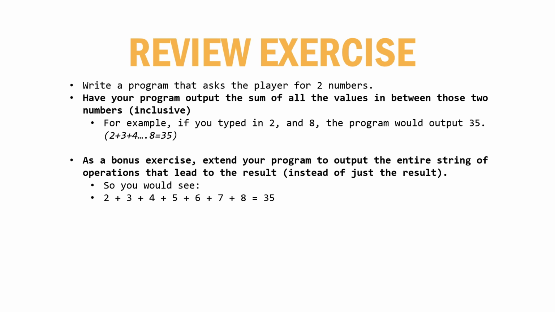If you're not sure where to even start with this, if you're completely lost, I would just start with, hey, read one number in and print out that one number. Then read 2 numbers in and print out both numbers. Once you get there, I would also start with just a loop. Why don't you just write a loop that literally just takes from 2 to 8 and adds them all together? Or even just loops from 2 to 8 and prints out the numbers in between every time.